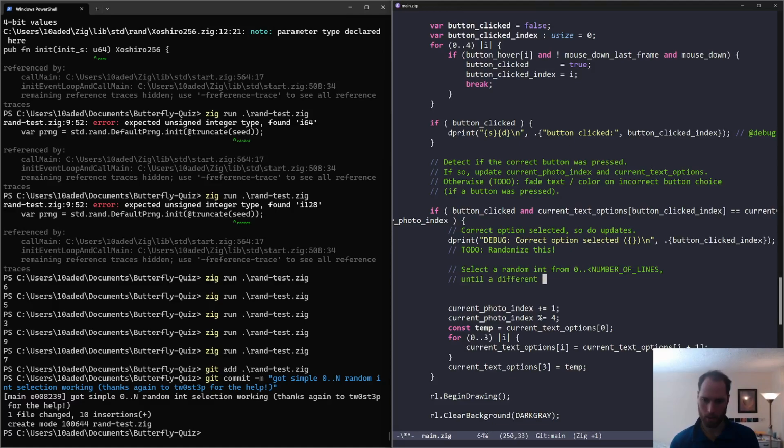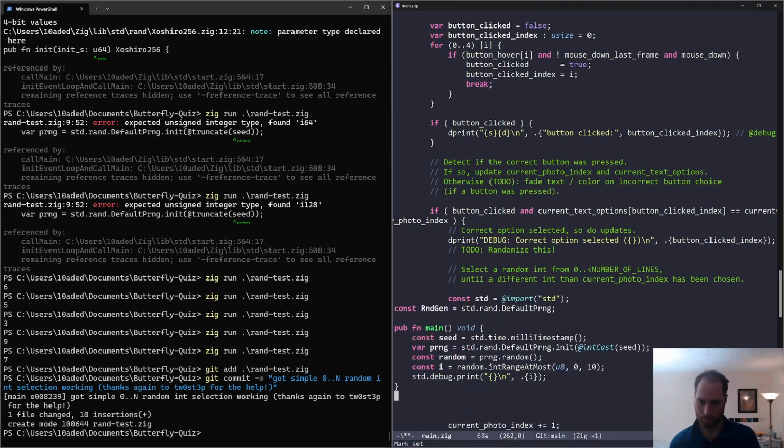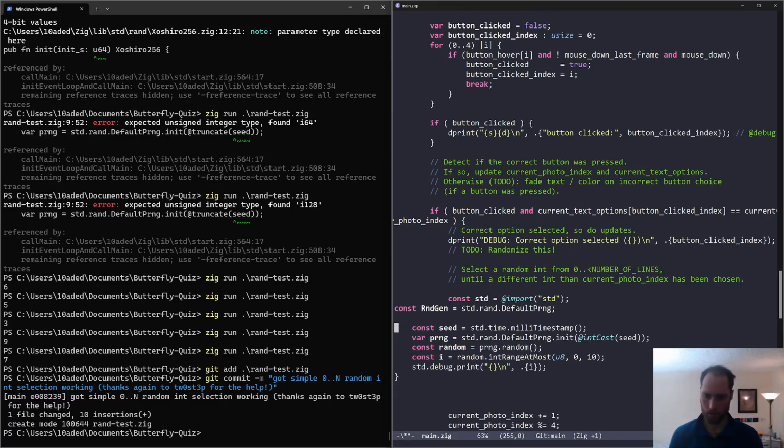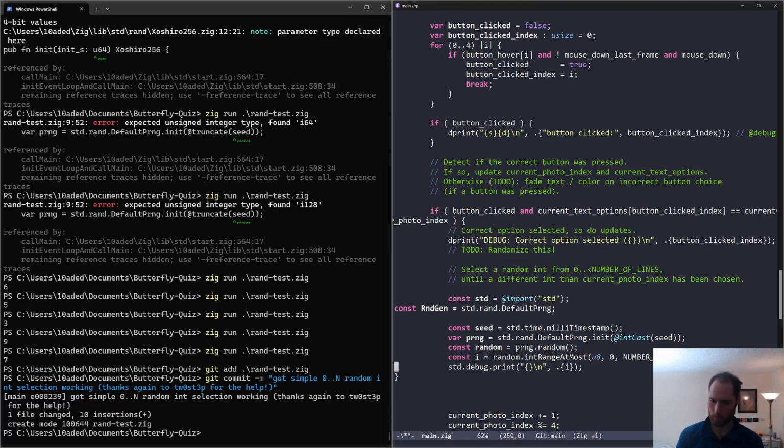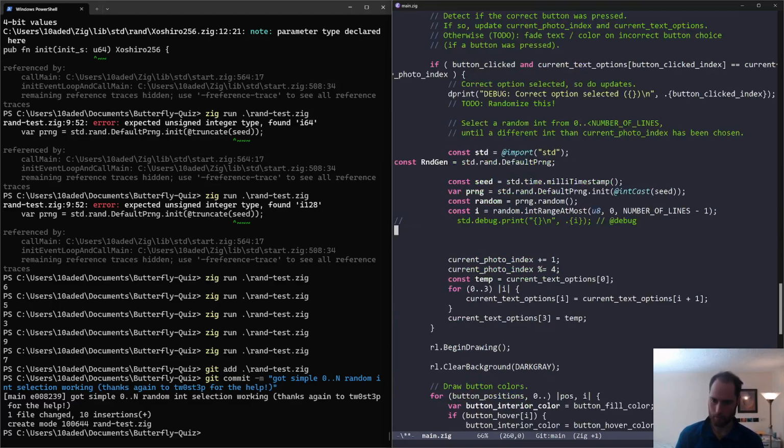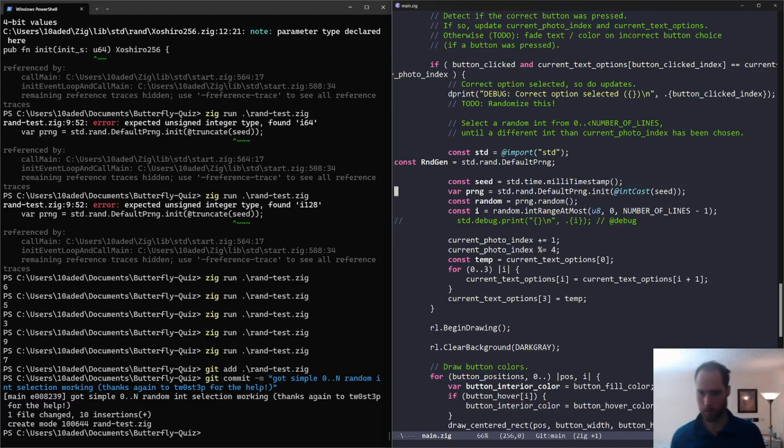Into a different int than the current photo index has been chosen. Okay, so we're saying do that, do this, and this one we want to be number of lines minus 1. Leave that in here. So what do we want to do? We want to put this inside of a loop and just keep it going until